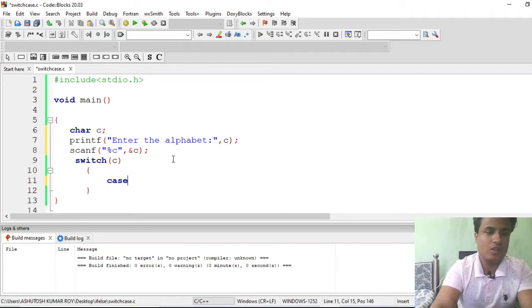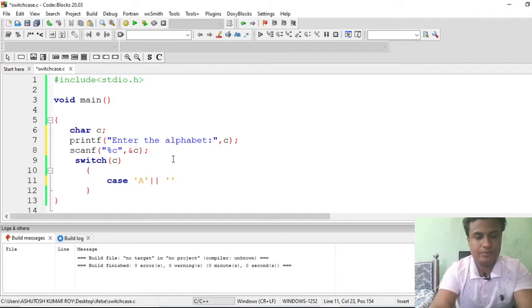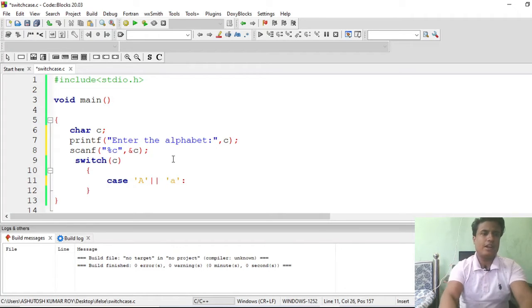We don't need brackets here. So the case will be capital A or small a. You can use the parentheses or not, it doesn't require them, because the or operator's precedence is higher than any of the given operators here.